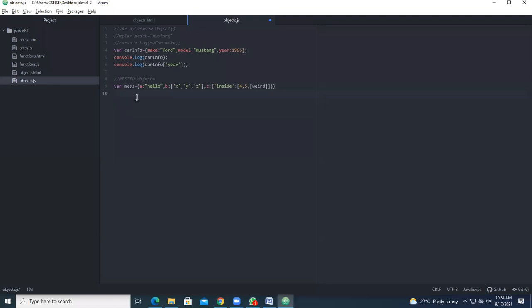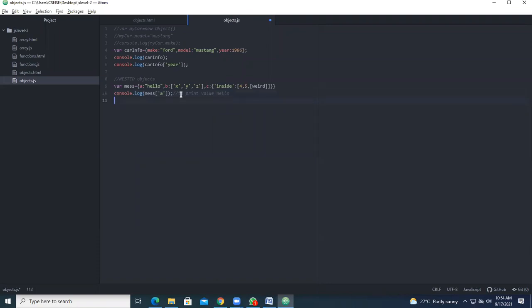Console.log mess of A. Okay, good. So console.log, what is the name? It is mess. So under mess, you want the value, so give it as A. Okay. So this is the representation. If you give that, you will get the hello.